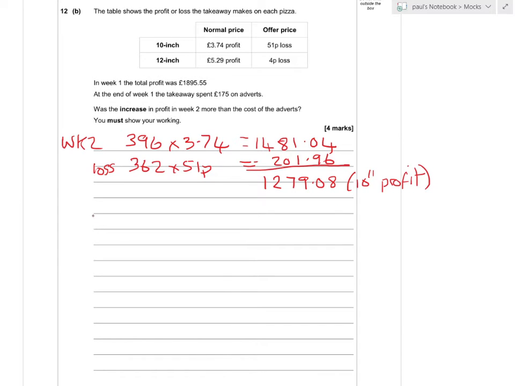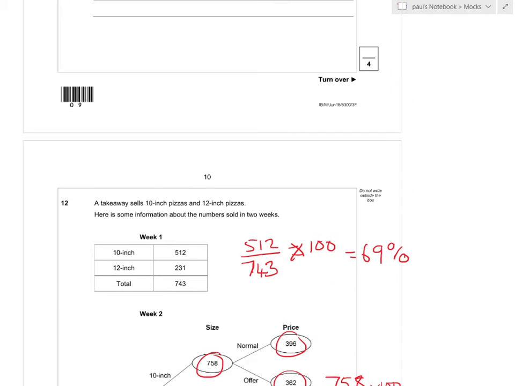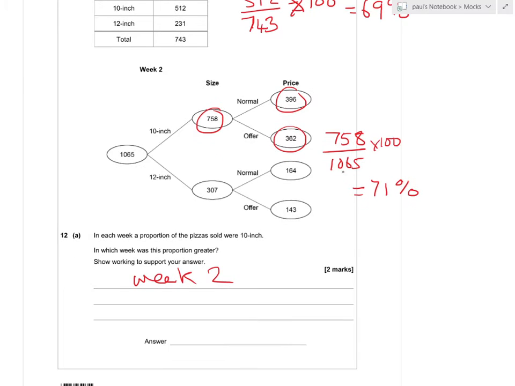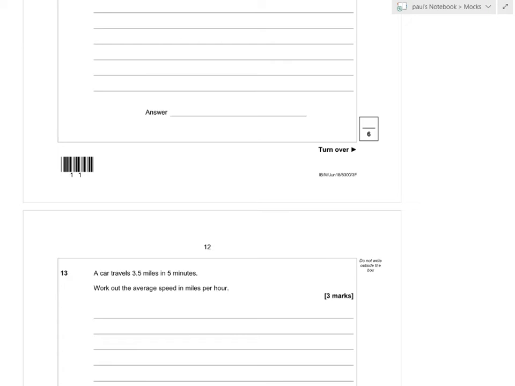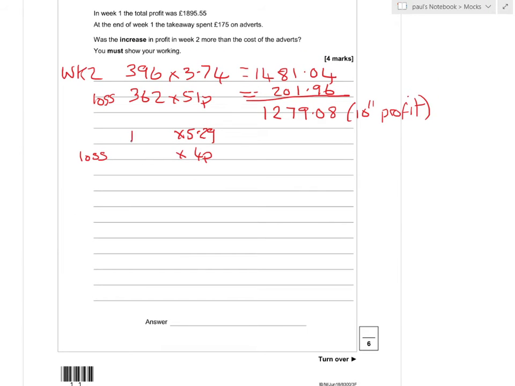Okay, so now we do the 12 inches. So we've got 5.29 and 4p loss. So how many 12 inches did we sell in week 2? Normal 164, offer 143. So normal 164, 143. Okay, so 164 times